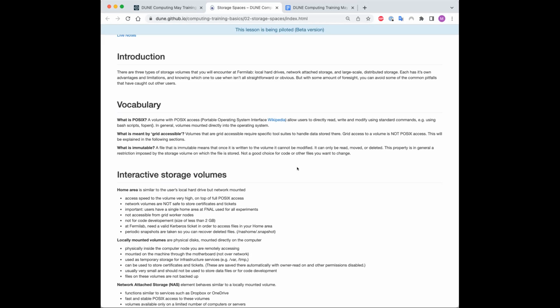Another thing that's interesting to think about is the idea of a file that is immutable. This is a concept that you want to think about when you are accessing these distributed storage volumes that are grid accessible. The idea is that once you write a file to one of those volumes, it can't actually be modified. You can read it, you can move it or delete it, but in general, you can't actively modify it the way that you might actively modify a Word document or a Keynote document that you have saved on your